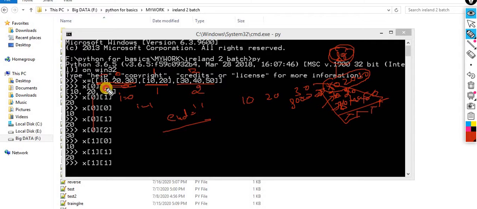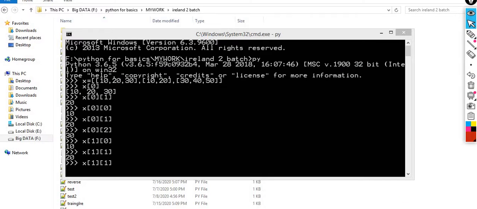On the length of this 0. For example, length of x of I. What exactly is the initial I value? 0. So what is the length of this one? The length is 3. So this time the inner loop will be executed 3 times. That means my inner loop is controlled by my outer loop. You are supposed to perform this.